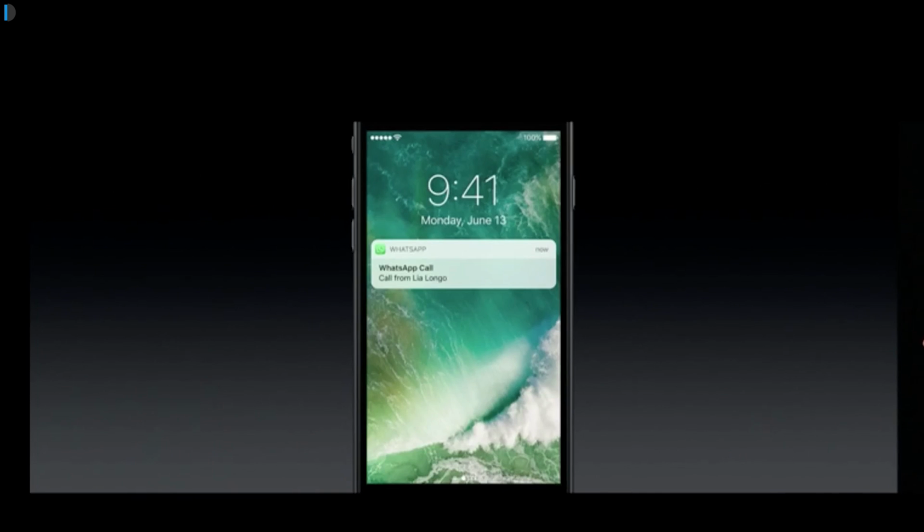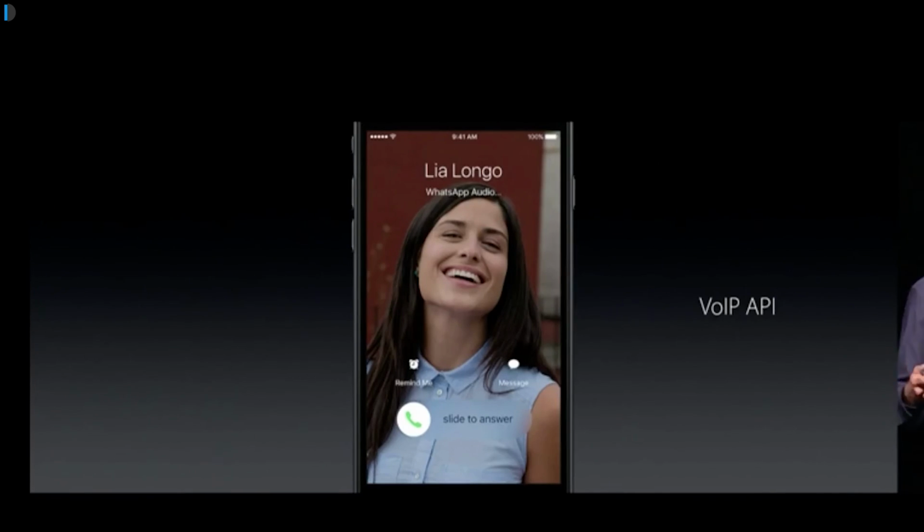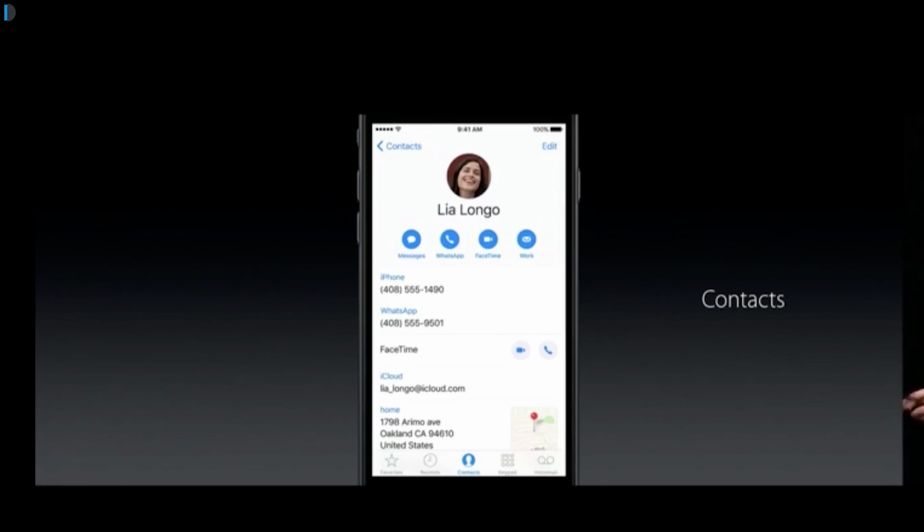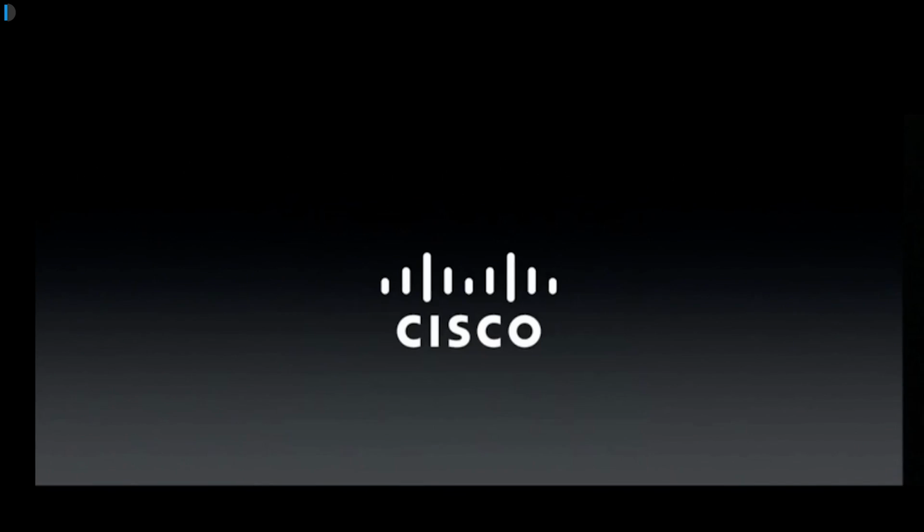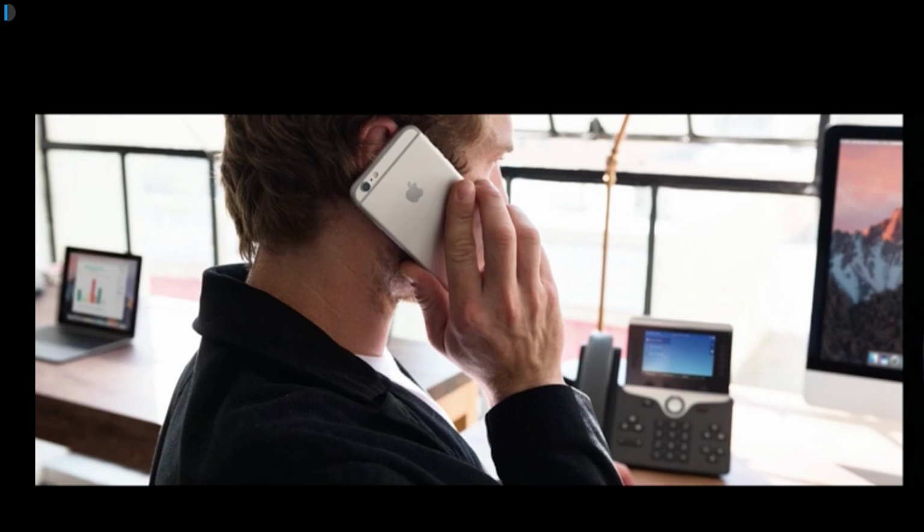Ninth major enhancement is the Phone. The Phone, which is the basic functionality of an iPhone, gets new enhancements and support for VoIP dialers. You can now make calls using VoIP applications within the phone dialer. You can also take work calls on Cisco based devices on your iPhone. So it supports multiple VoIP engines and VoIP applications built into the iPhone. And last but not the least,